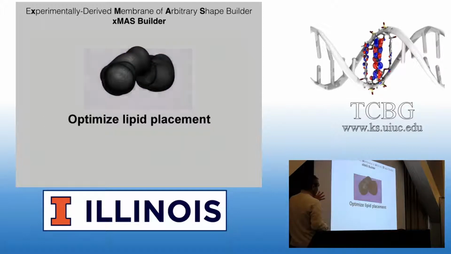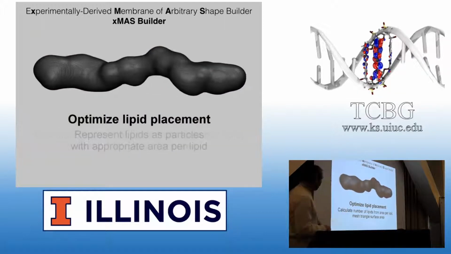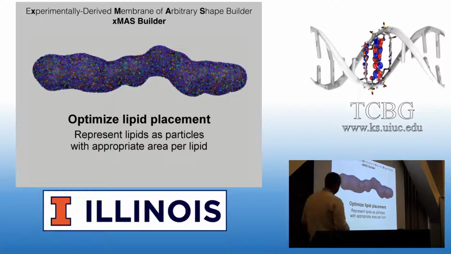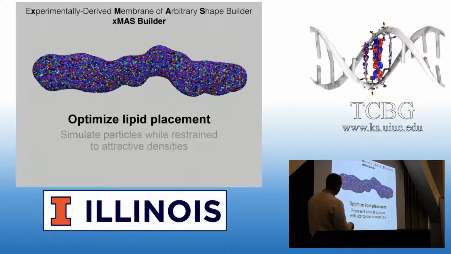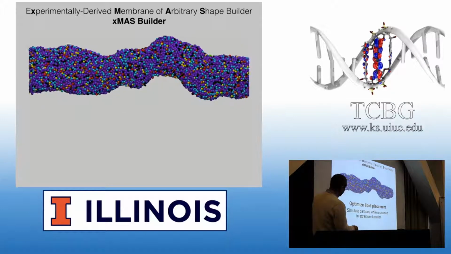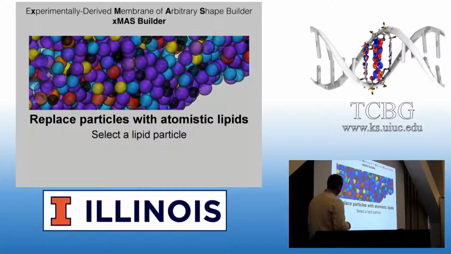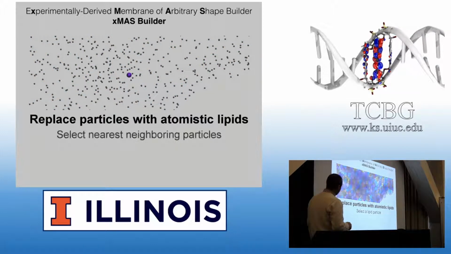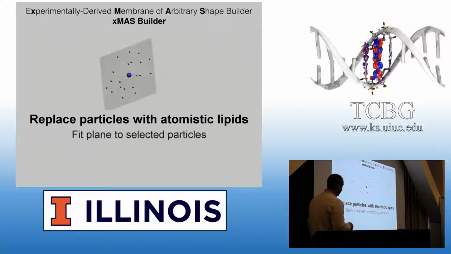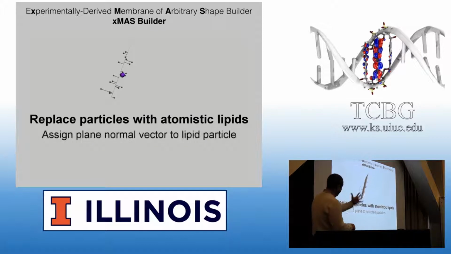And we're going to use the same to place the lipids from a library. Initially, we represent lipids in a coarse-grain manner, do some MD to relax them, and to sort of evenly distribute them. And then we're going to replace these individual beads or particles with real lipids. We look at their surrounding to find their plane, where they are sitting in, and to identify in which direction